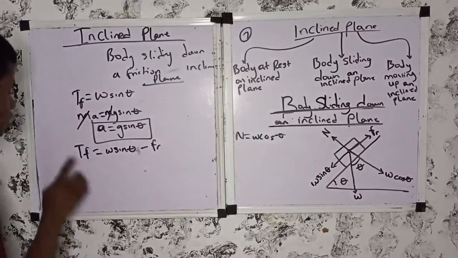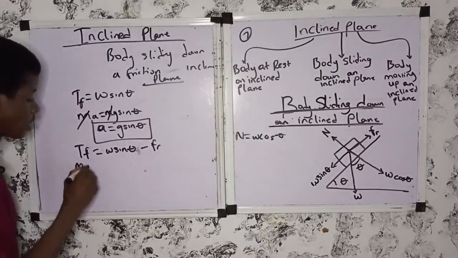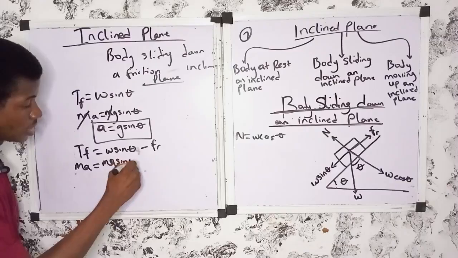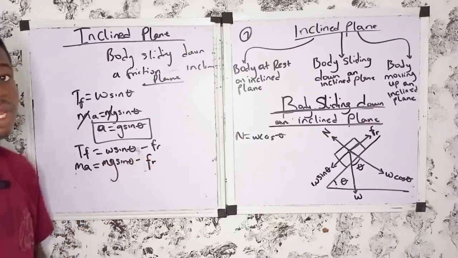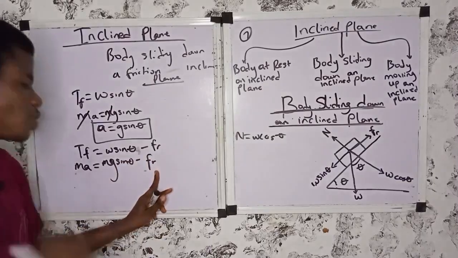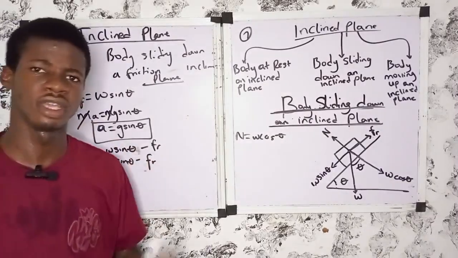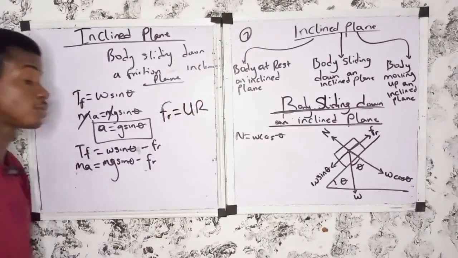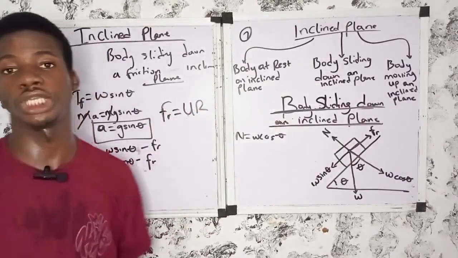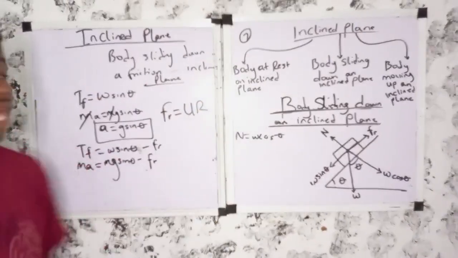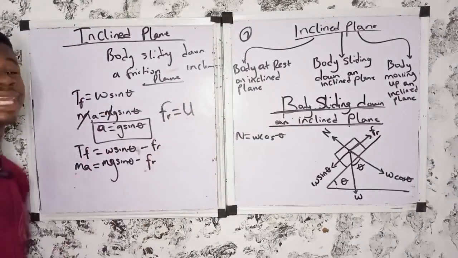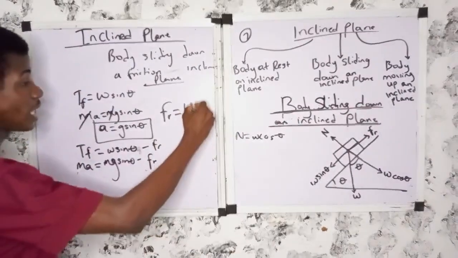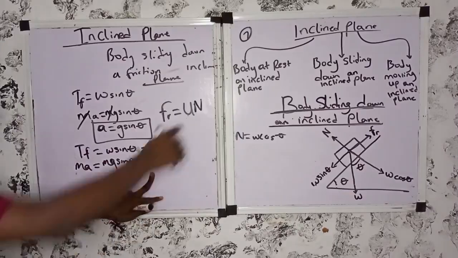So yes. Now, the formula for total force is ma, right? So it's equal to W, which is mg, then we put the sine theta, then minus the frictional force, right? Yes. Now, but there's one thing. Remember, what's the formula for frictional force? From the previous slide, frictional force is equal to the coefficient of friction times the normal reaction force, right? I told you that we can use R or N as the normal reaction force, they are the same thing. So I'm using N in this one, okay? So since frictional force is equal to uN,